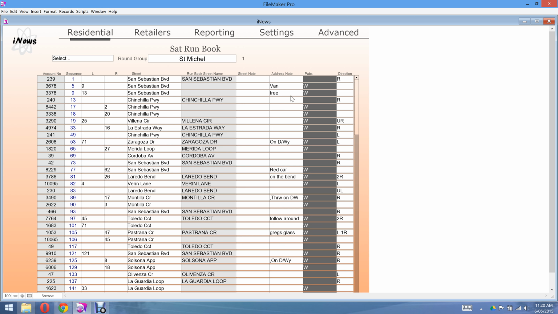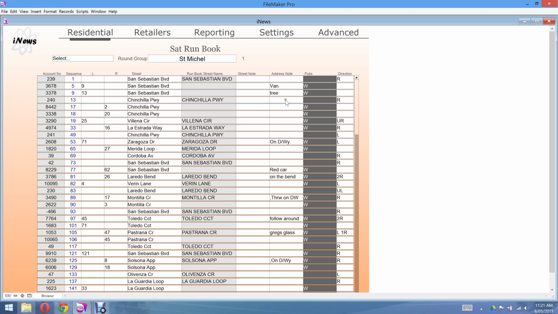The next field over is the address note, and as you can see in this example database, there's plenty of examples recorded as to what the notes may be next to an address. So you will have perhaps here number 9, and next to number 9 you'll see the word van, which tells the driver they need to look out for a house that has a van parked at it. Or in the next scenario here, number 13, you need to look for a house with a tree. So clearly in this particular suburb there are not many trees, and so this keyword helps the driver locate the